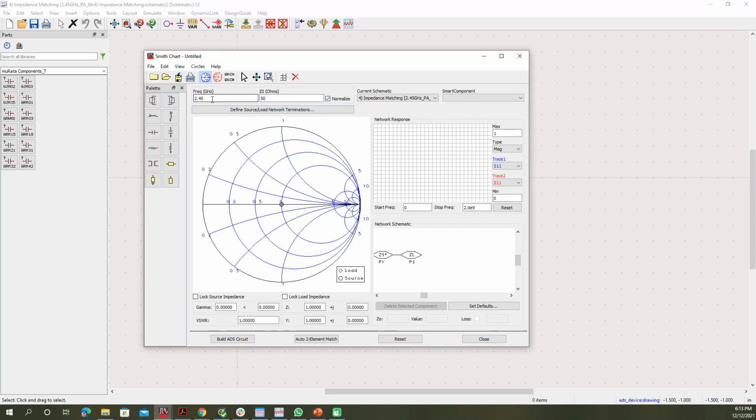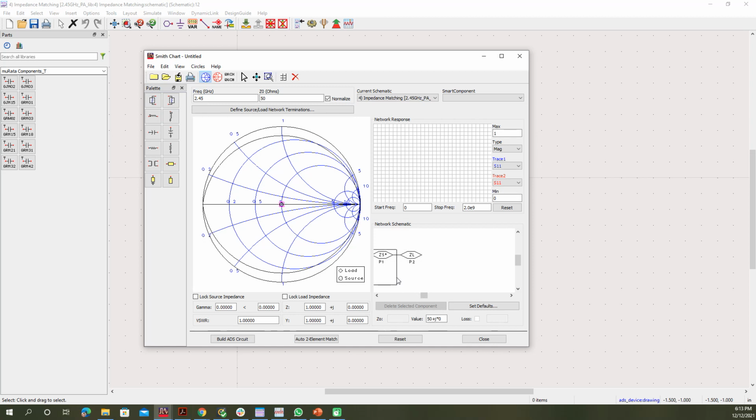The first step in the Smith chart is to set the frequency. Our frequency of interest is 2.45, which is the center frequency of our band. The next step is to set the Q circle. The calculated Q circle for our band of interest is 8. We have Z source and Z load.